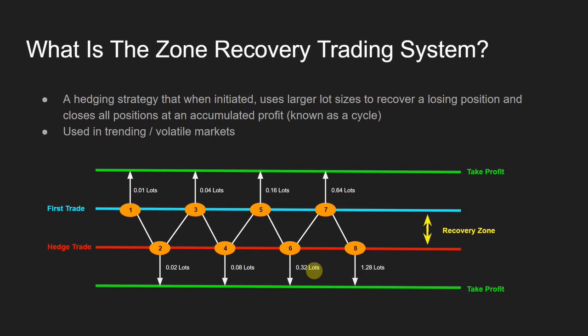Now, going back to what I said earlier about this only being used in trending or volatile markets, you can see that if price ranges in this amount and keeps opening trades, eventually you'll get a margin call because you won't have enough margin in your account to close out all these trades. So this is why we need volatility or a trend in the market so price can break out in one direction. And if price does break out in one direction, great, it will hit the take profit target, and you'll see examples of this inside part 2 and part 3 of the 10 days of when I was trading